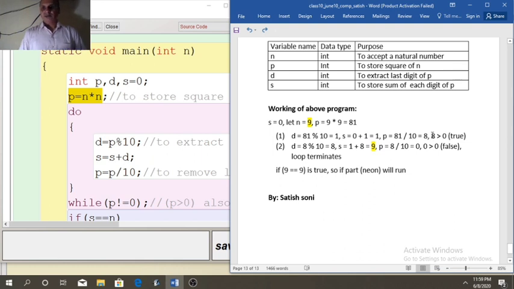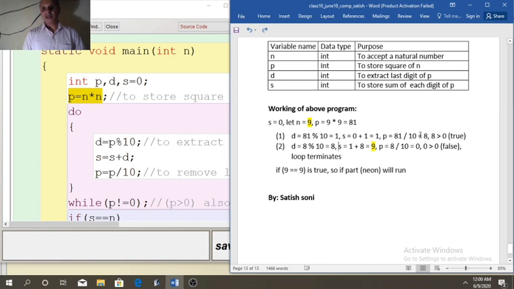Now this loop will run till the value of p is more than 0, or p is not equal to 0. 8 is greater than 0, so once more the loop will run. This time d equal to 8 modulus 10, that will become 8. Now s equal to s plus d.